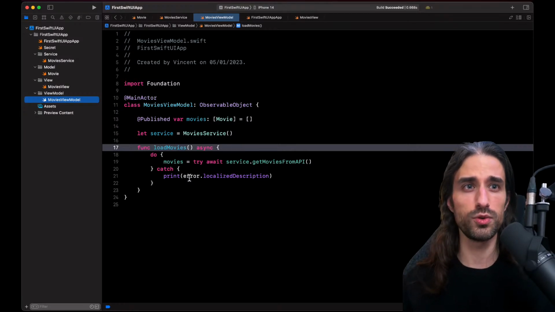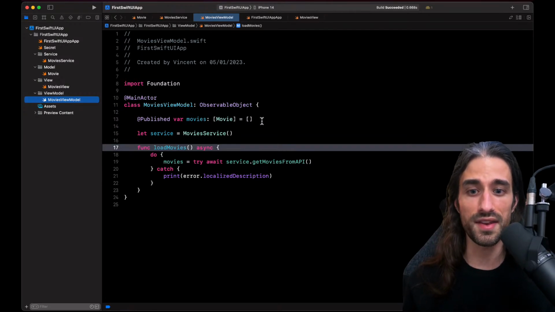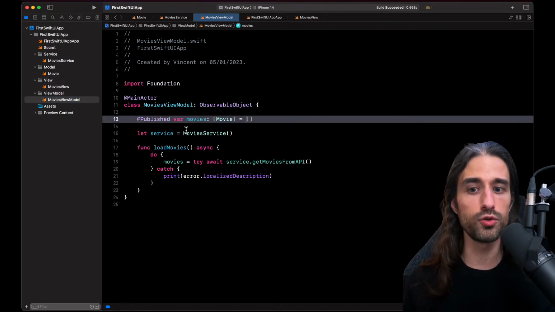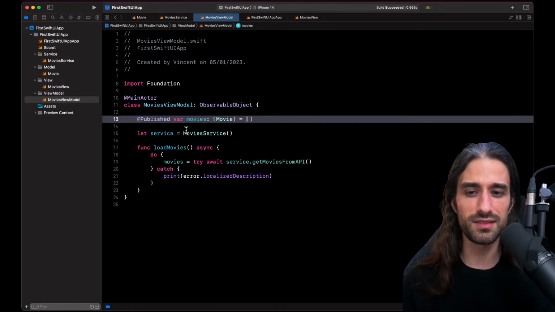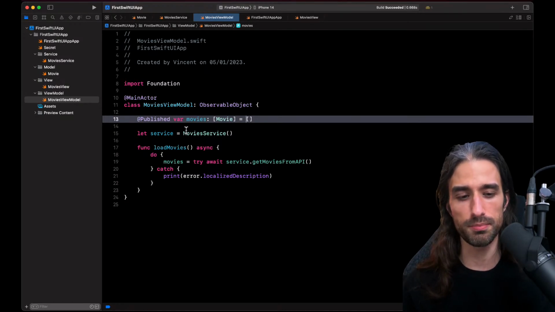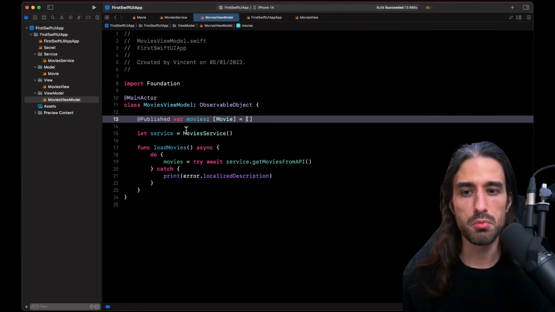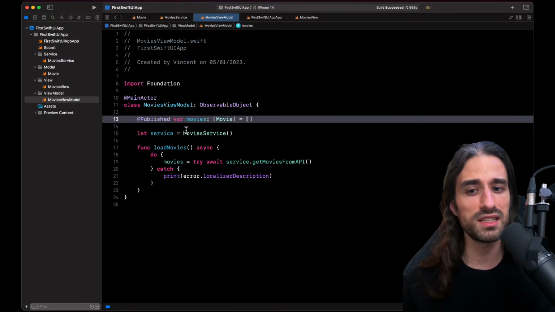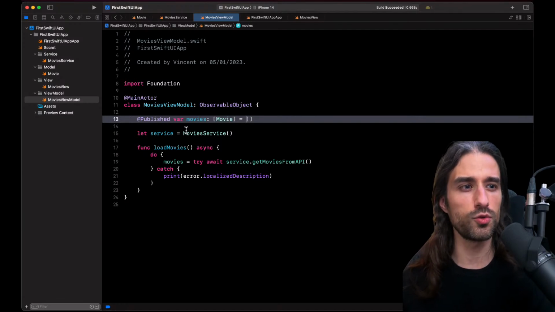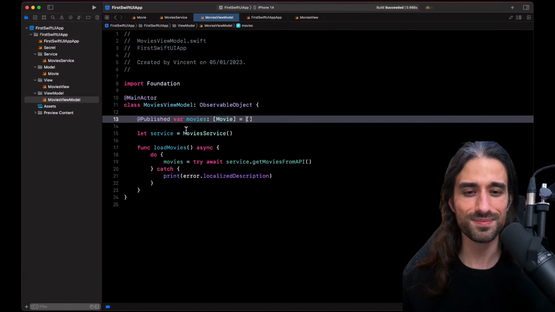And once you have this, you would implement a mocked version of the view model where basically you would have an array with some hard-coded data, and load movies would do nothing, for instance. And you would use in the preview this hard-coded data. That's what I've been using at work for the past month. And we're quite happy with it with my colleagues because we feel like it's the pragmatic choice, meaning that it gives flexibility without having too much overhead in your code. And so that's the solution we are having right now.